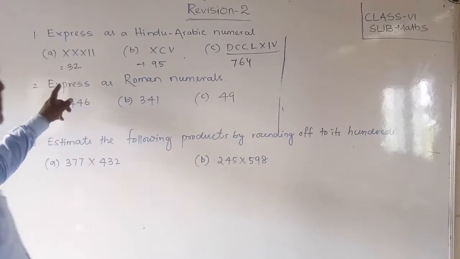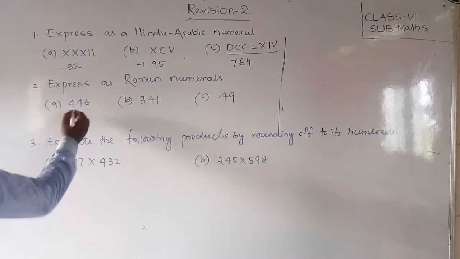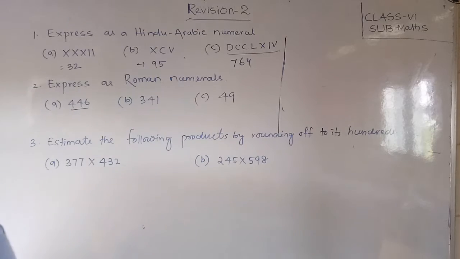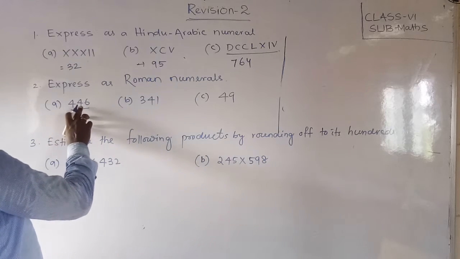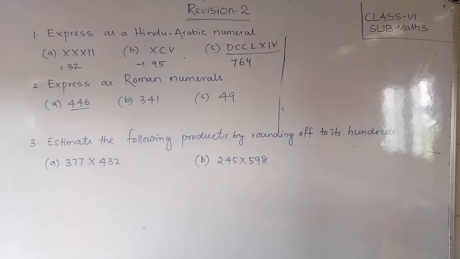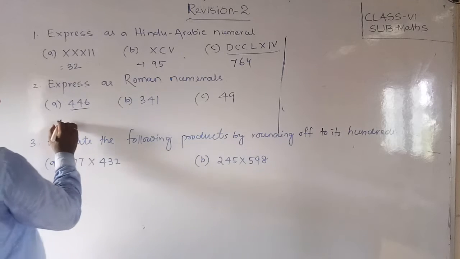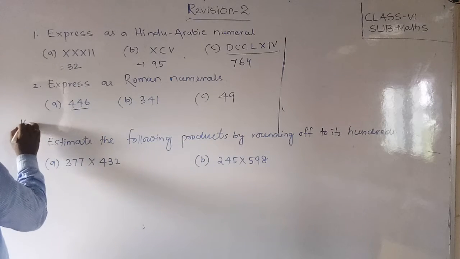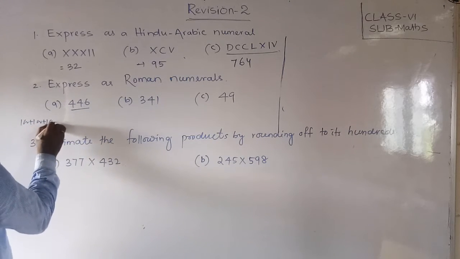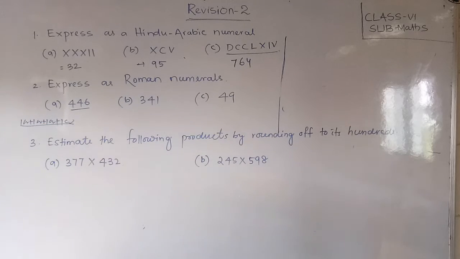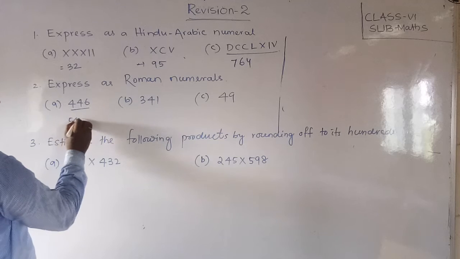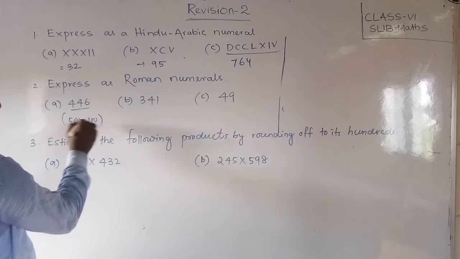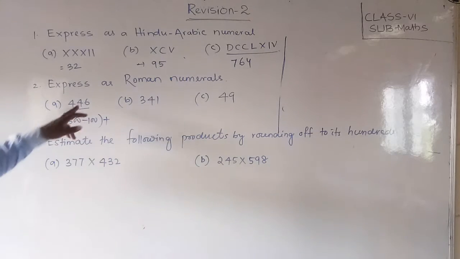Students, observe here, express in Roman numerals. What is that, students? Given that 446. Okay. So first of all, you should carefully write it down, students. This is 446. 400, how should you write it, friends? Because we cannot write 400 as 100 plus 100 plus 100 plus 100. We cannot write it 4 times. So how can we write it? Now we can write it as 500 minus 100. Okay, students. So plus 46.